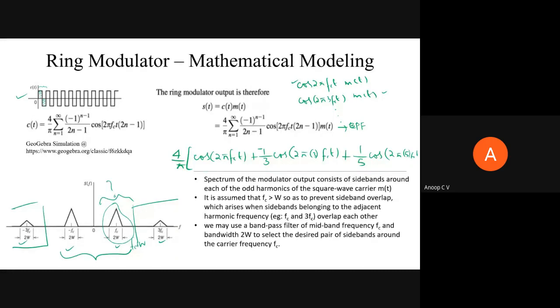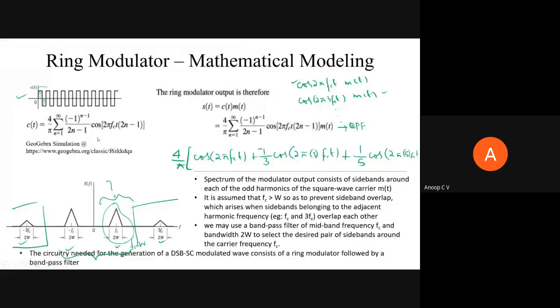Right, any doubt in this? Okay, Tejasri has typed no, so I'll take it as a right. So maybe only a place where you might have found some difficulties is this complicated expression. But we have seen that we are approximating a square wave with a weighted sum of cosinusoids. That's it.